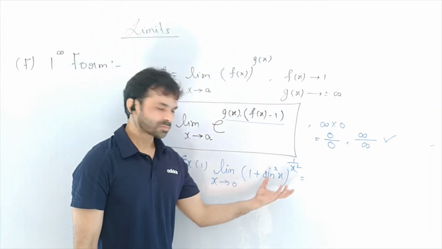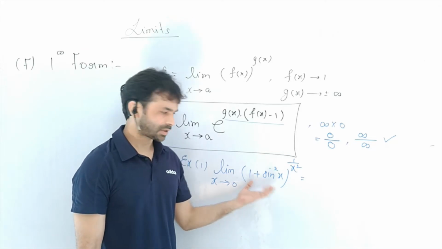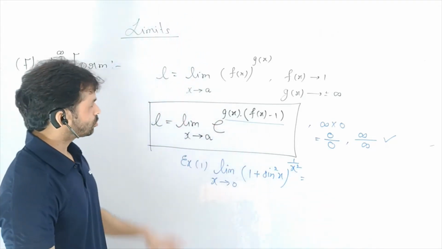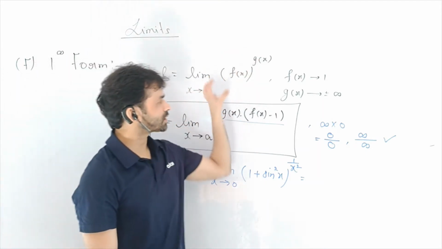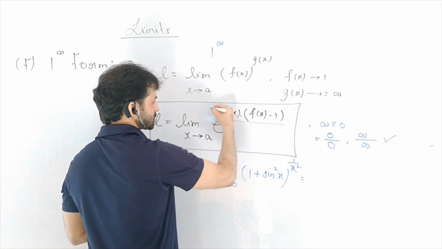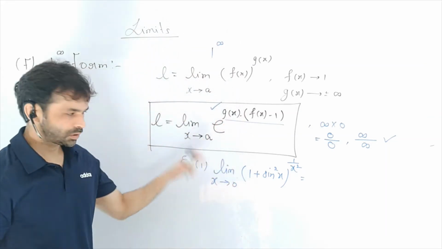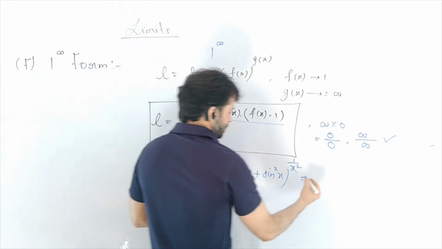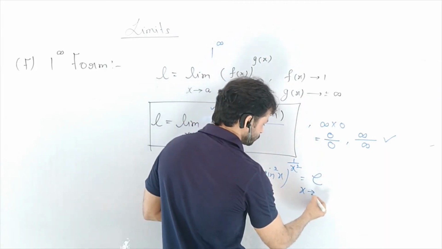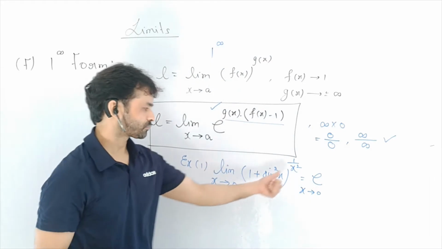Okay, problems like this, which are asked in IIT, JEE Mains, JEE Advanced, are very easy. Once you understand this is 1 to the power infinity form, then you can use this result. This is the result. So you will write e to the power limit x tends to 0, e to the power gx